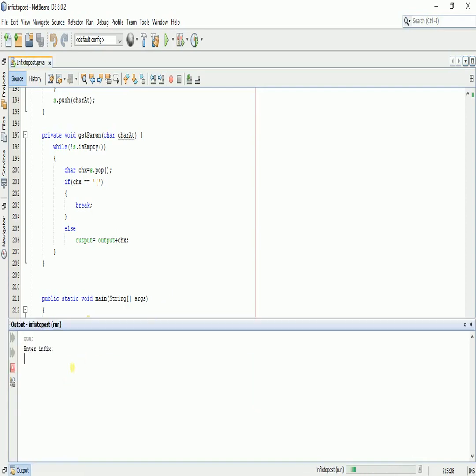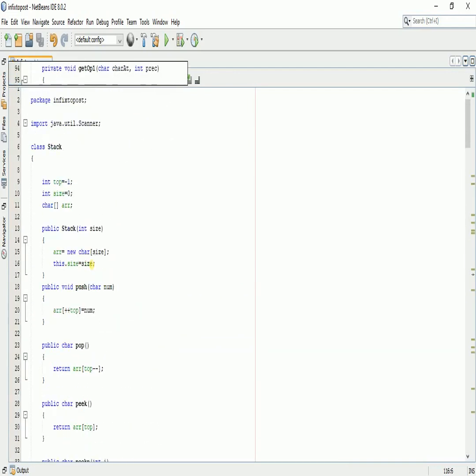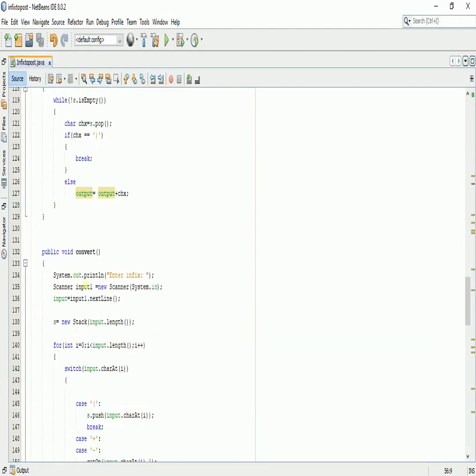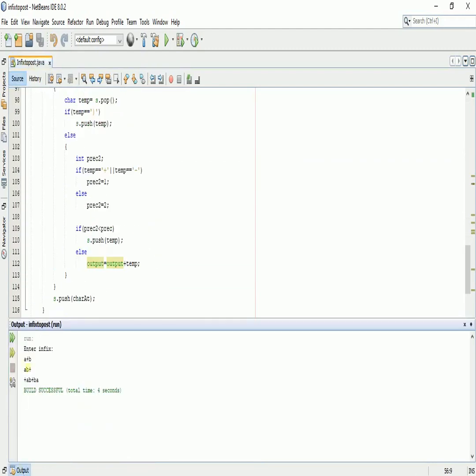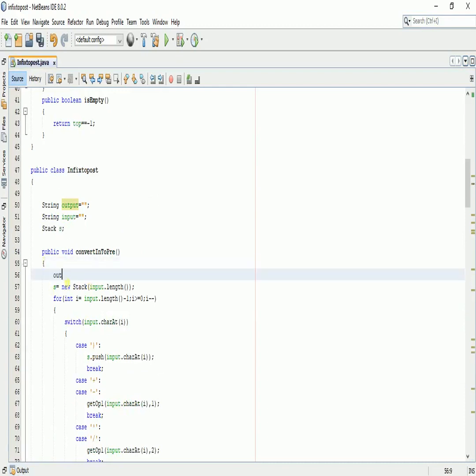So there we go. Write a plus b. Okay, there is an error. Let me check why this happens. This error is because, let's move towards our function. Let's convert into p. What happens is that once this convert method is evaluated, it returns this, you can see, ab plus towards the string, and it stores it here. So that is why it is giving us the error. What I will be doing is writing output is equal to empty. I am now emptying this output variable, so it will run fine now.